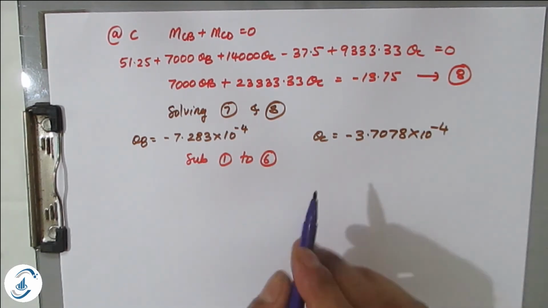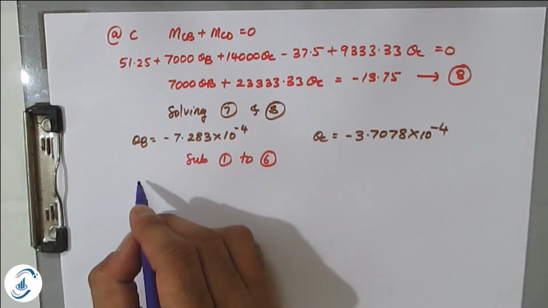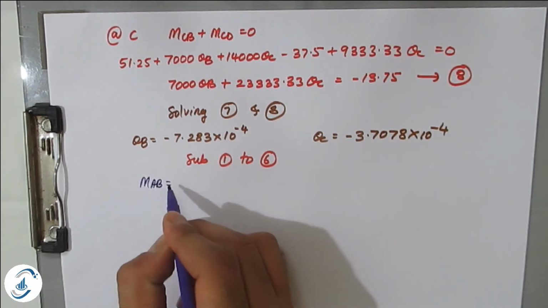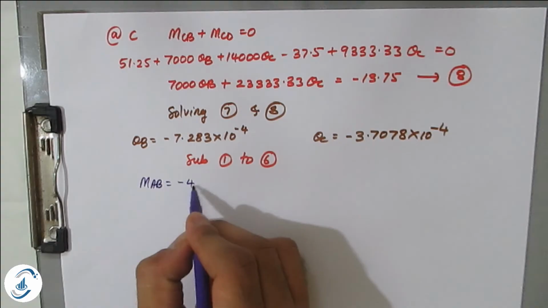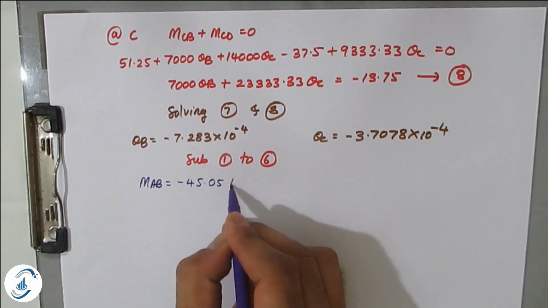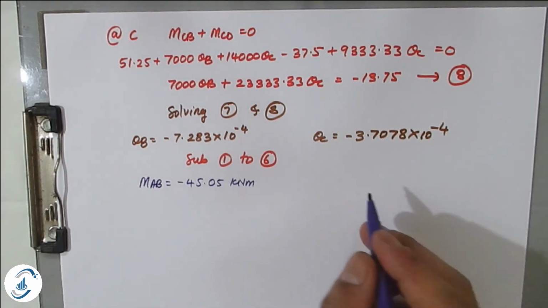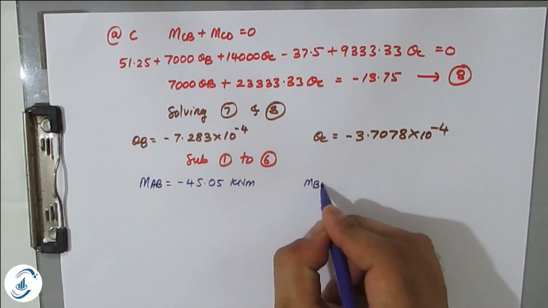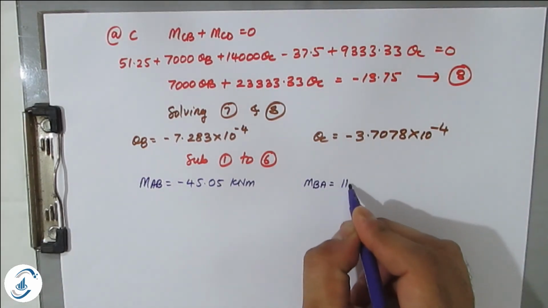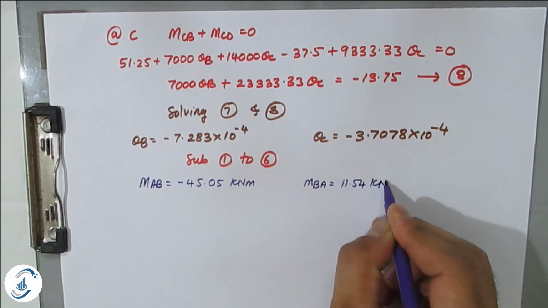So once you substitute, you will get the values, and the values will be MAB is equal to minus 45.05 kilonewton meter, MBA will be 11.54 kilonewton meter,